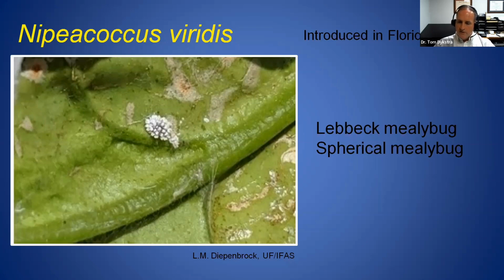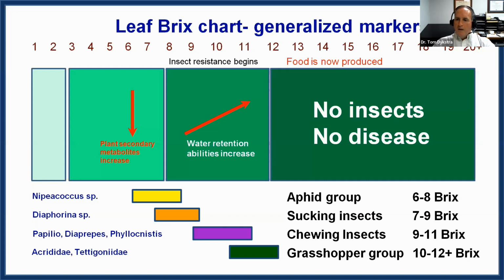But even though there's going to be a different group of insects that may be attacking, let's say apples, which are on the opposite side of the country from Florida, you're going to have the same groups attacking the apple, just like they would as they are doing in Florida. They're going to be different insects, but they're going to be following the same groups and the progression will be the same. So, all right. Just to review real quick, these are some of the insects that I talked about on citrus. Nipaecoccus has just arrived on the scene.